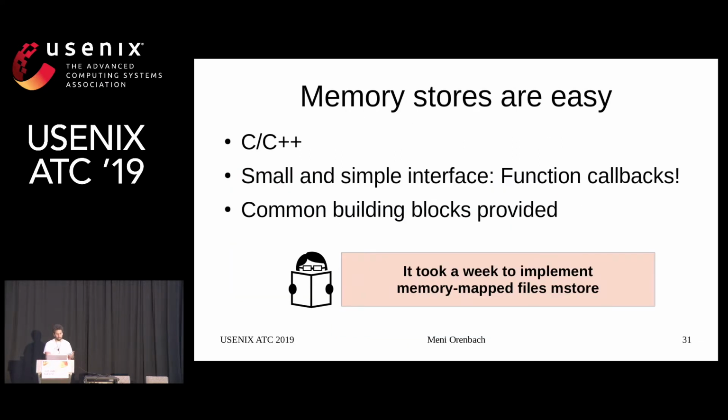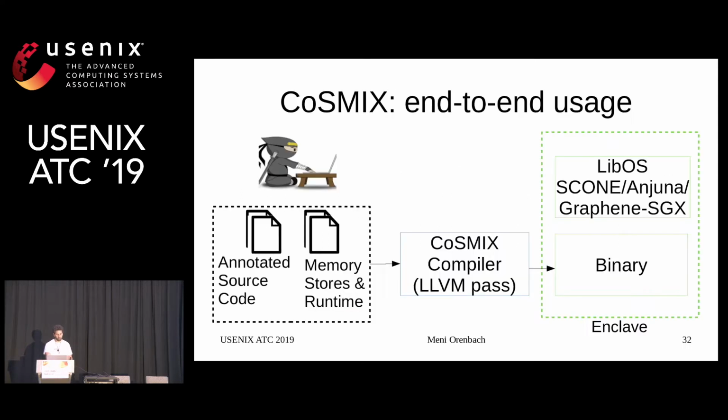So memory stores are very easy. They're C and C++ based. It's a small and simple interface, which is function callbacks, and we provide all the common building blocks. As an example, it only took us a week, once we had everything sorted out, to implement a memory mapped files memory store. As an end-to-end use case, CoSMIX takes an annotated source code together with memory stores, compiles it into binary,